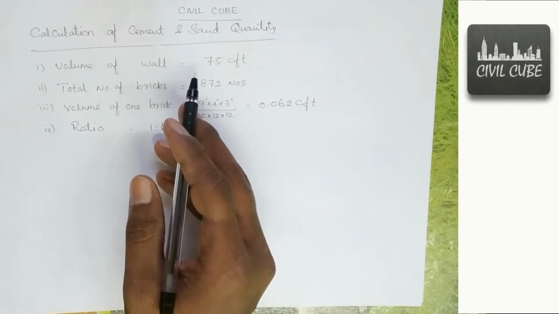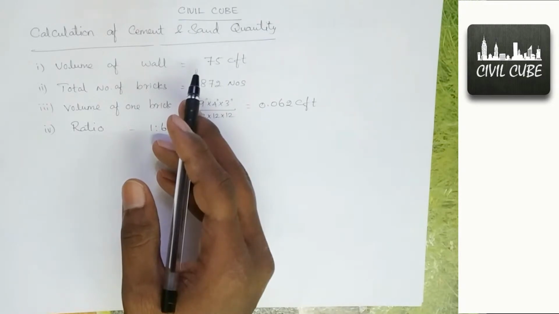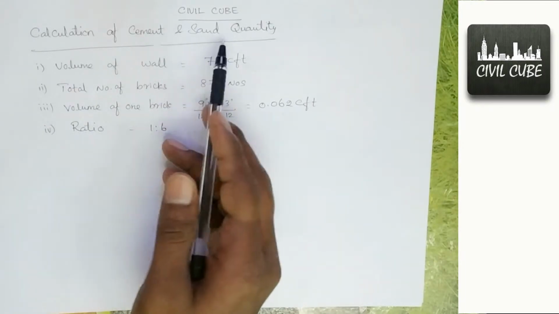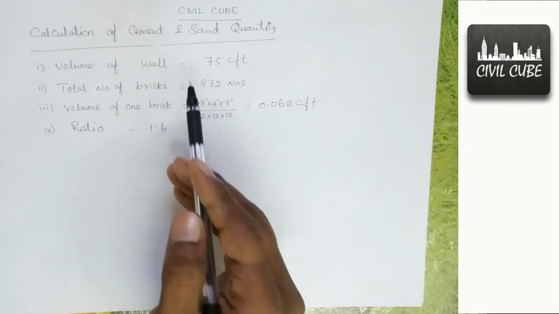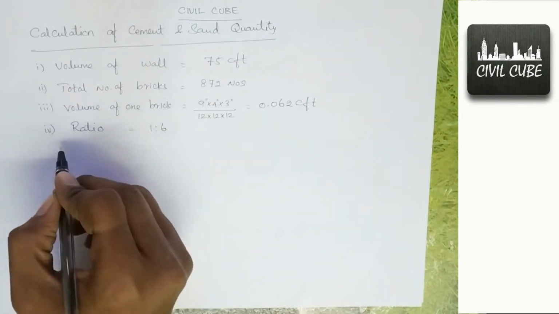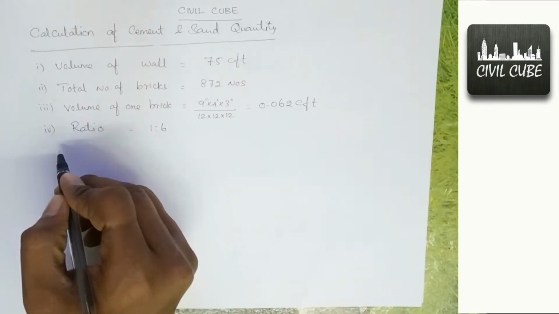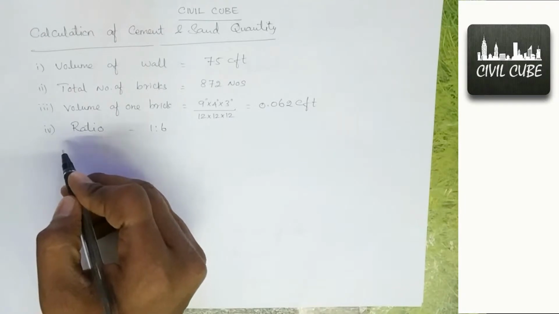I am Mohammed Said. From our previous video, we found the number of bricks based on the calculation. Today we are going to find out the sand and cement quantity required to construct a brick wall. Here I take from the previous video: volume of wall 75 CFT, total number of bricks 872 numbers, and